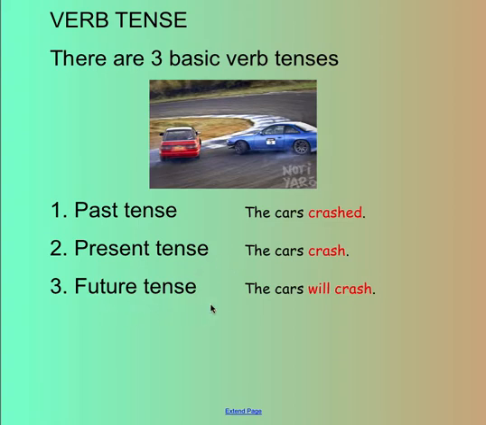And the future tense is also fairly obvious. If we're looking at this picture now, we can predict perhaps that the cars will crash. Sometime in the future, probably in a couple of seconds from now, the cars will crash. So there are our 3 basic verb tenses, and you can see the different forms of the verb in those 3 examples. Okay, let's keep on moving,